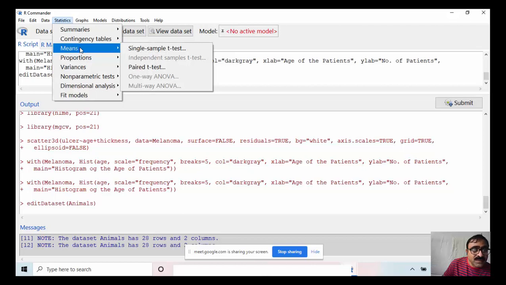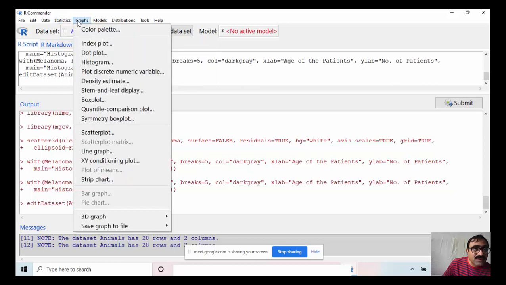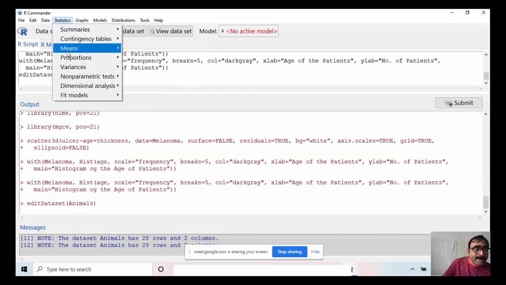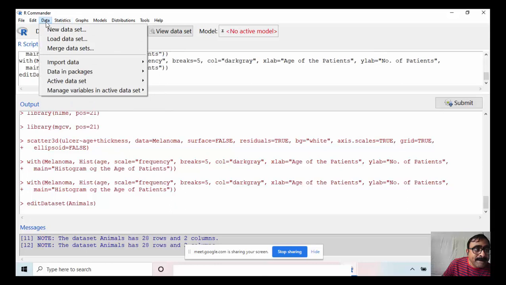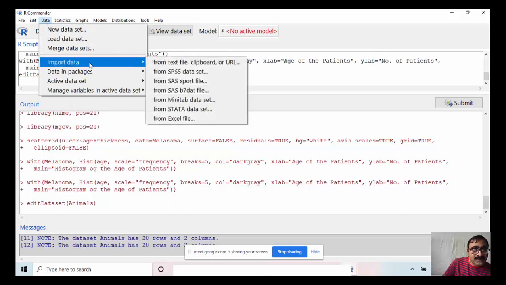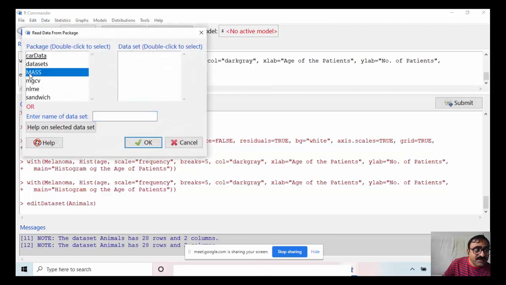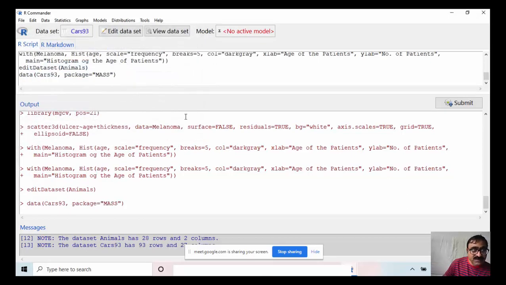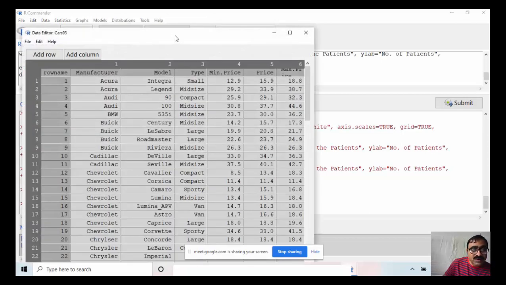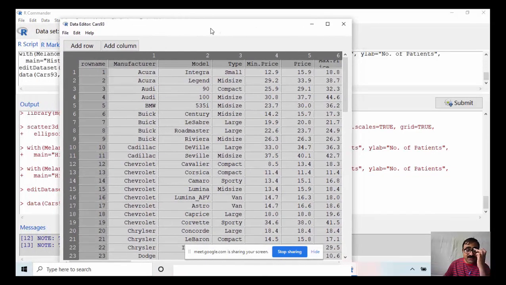Statistics. Data in packages. There is a MASS package. There is Cars93, this data set. Okay. So here there are different variables.